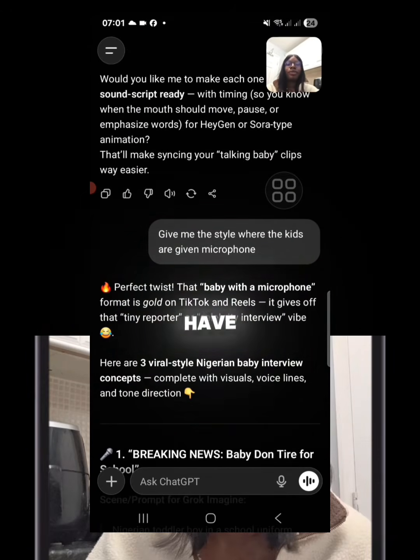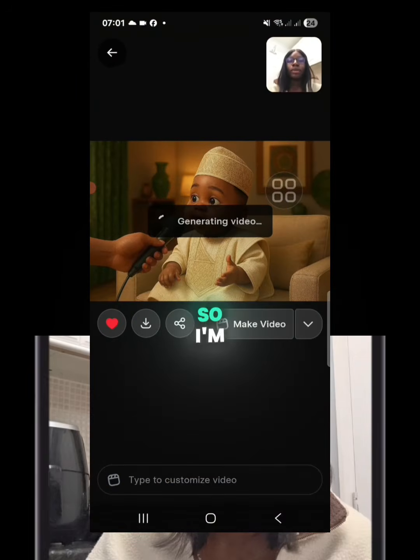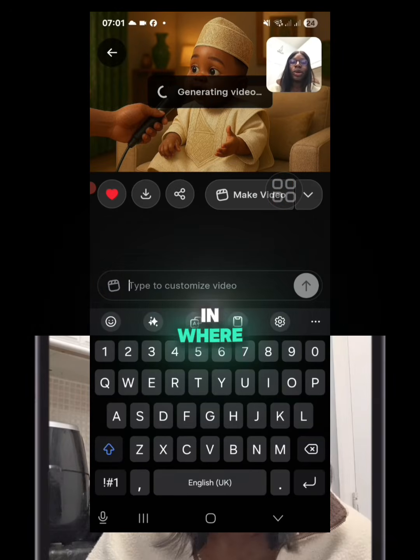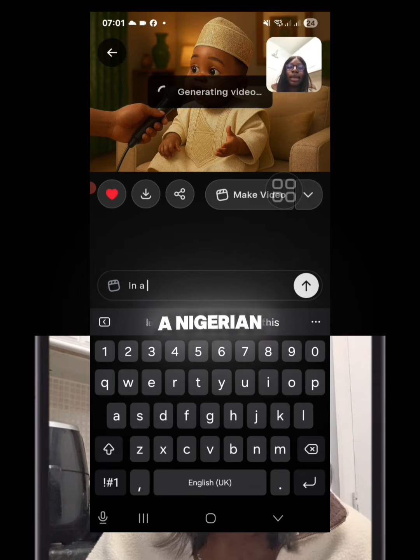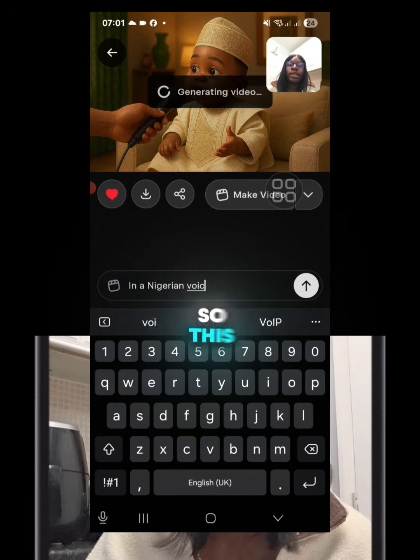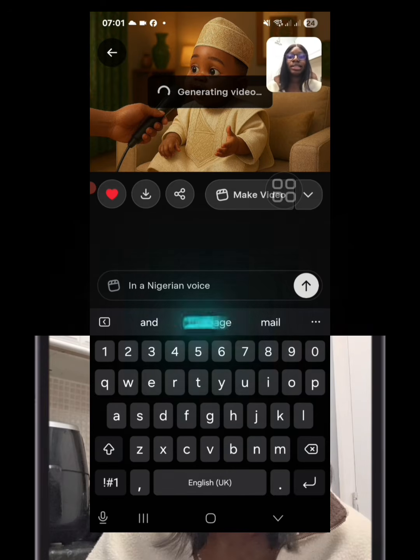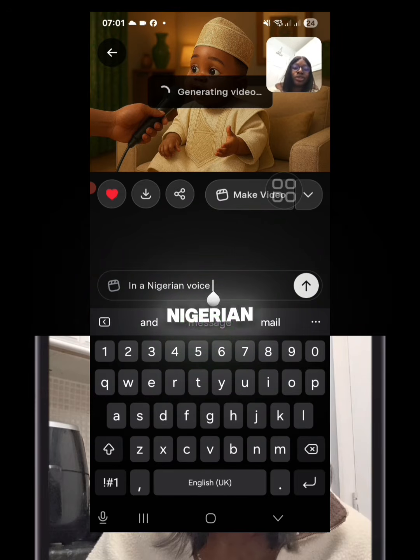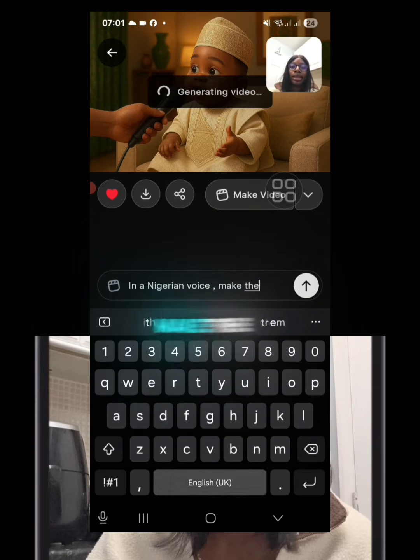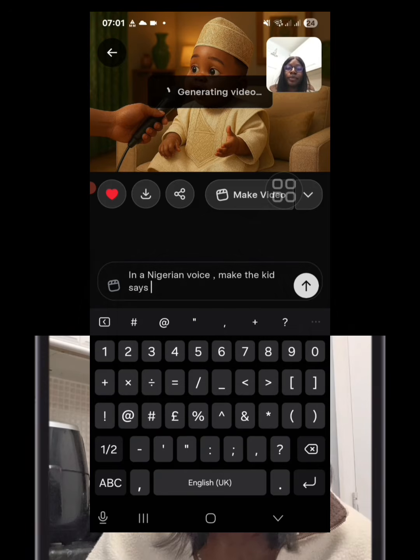But if you have what you want it to say at heart, then you don't need to go back to ChatGPT again. But because I don't know, I'm going to say, in where they say type to customize video, you are going to say in a Nigerian voice. So this is where you tell it the voice it will use. If you wanted to say it in Indian voice, you can say in Indian voice. So in a Nigerian voice, make the kid say,